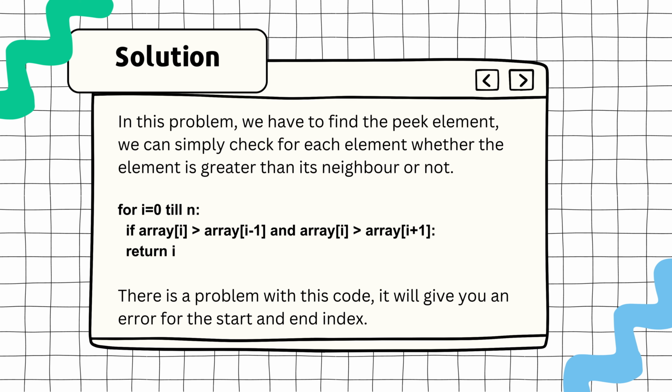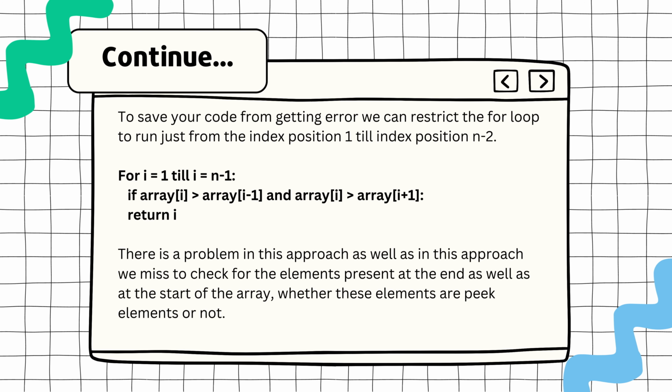There is a problem with this code. It will give you an error for the elements present at the start and end position. To save your code from getting an error, we can restrict the for loop to run just from the index position 1 till index position n-2. There is a problem in this approach as well, as in this approach, we miss checking the elements present at the end, as well as at the start of the array,